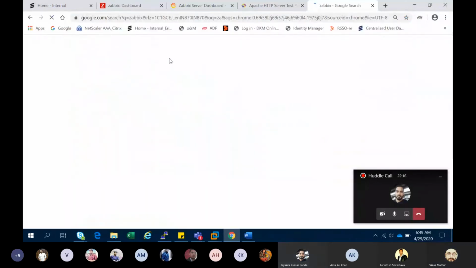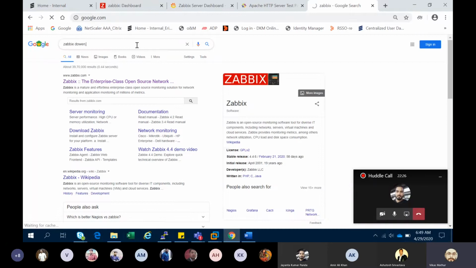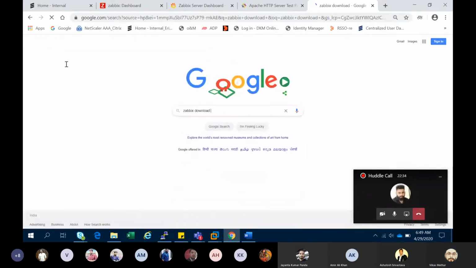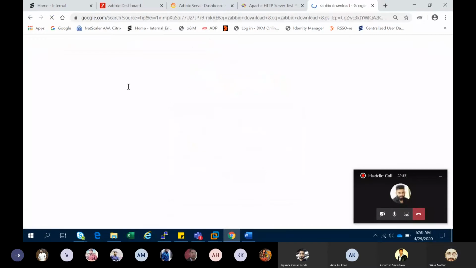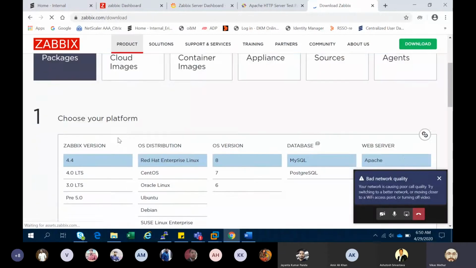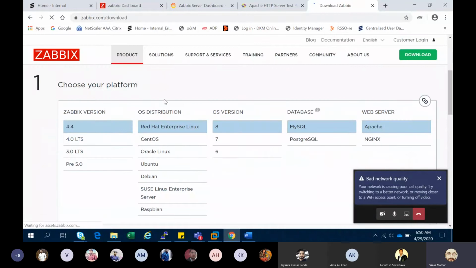If you want to download Javix, or direct on package, on the site, you'll see this is the platforms.